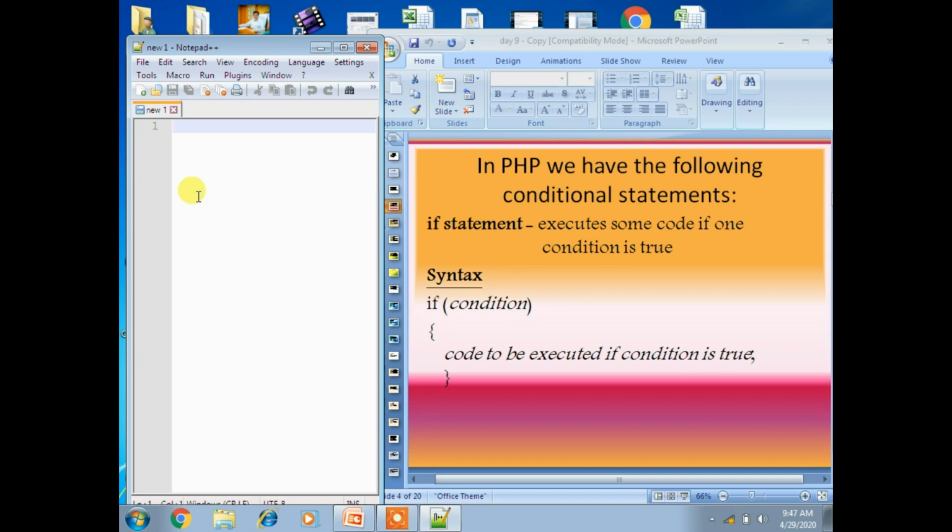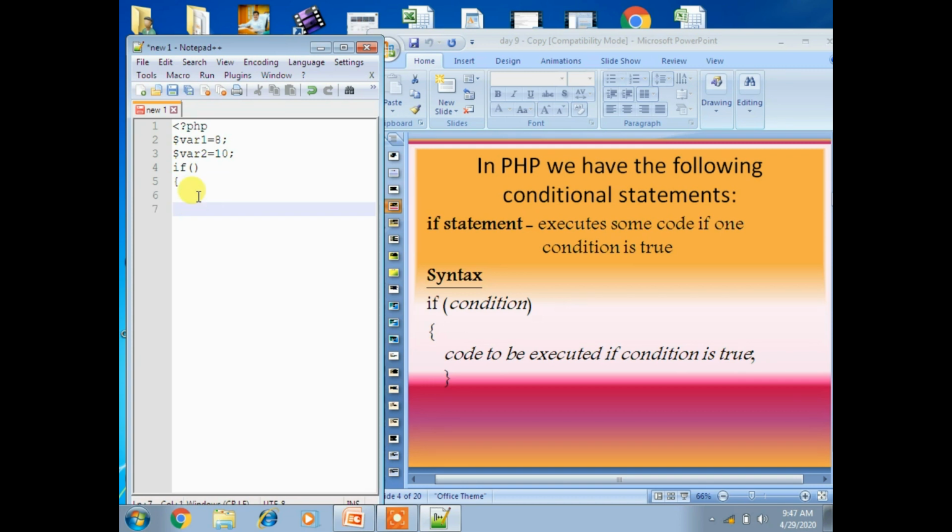For this we have to start with the PHP opening tag and then create a variable. I am taking variable 1 and giving it the value 8, and again I am taking another variable, variable 2, and assigning the value 10, and I am taking an if condition.